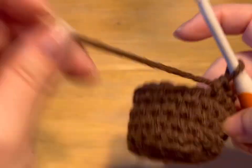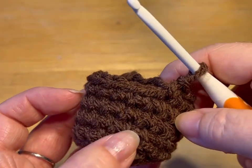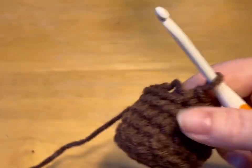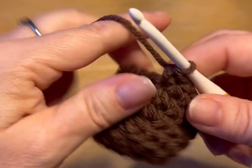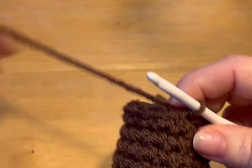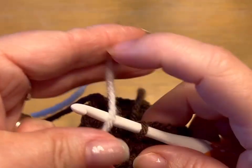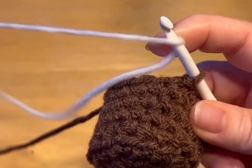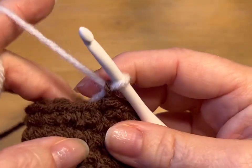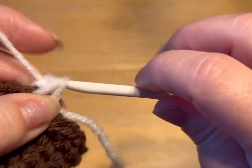Okay, so I've got 4 rounds on each side of my crochet hook. So on this side I've got 1, 2, 3, 4, and on this side I've got 1, 2, 3, 4. So now what we're going to do is slip stitch into that next stitch. Okay, now do not cut your yarn. Using your alternating color, whatever you decide to use, we're going to chain 1, and now we're going to single crochet in each around,